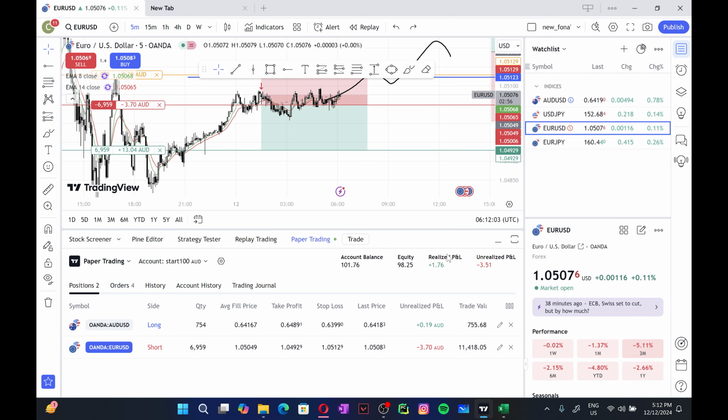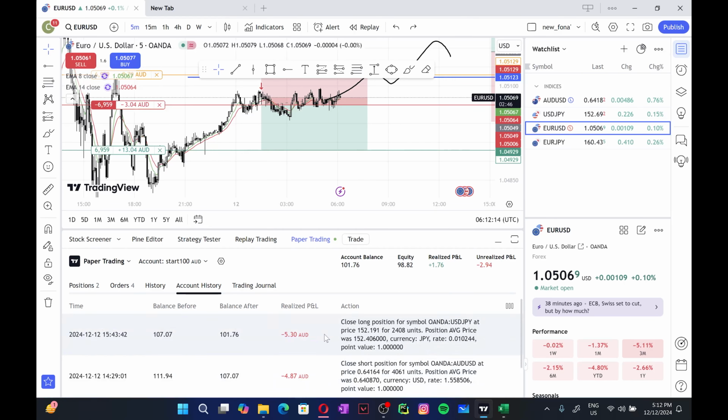Overall, for whatever we've done till now, we should have actually had about $120. So we should have had a $20 profit, but unfortunately, because of this one trade, because of the wrong stop loss placement, even if our analysis was right, it turned out to be a loss, which is really sad, but that's all right.